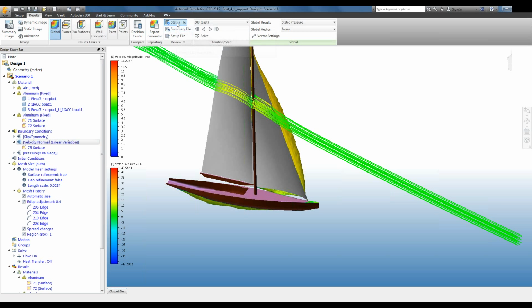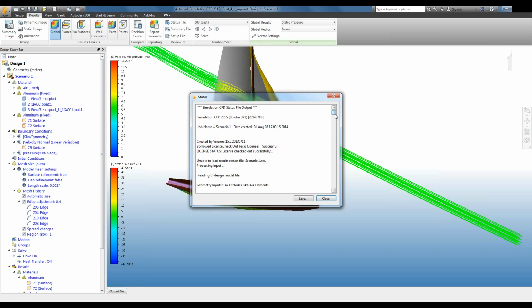Thinking about how best to show that. So the status file, right about here. Elements is what we usually look at: 2.2 million elements. If I needed to get to the accuracy, perhaps for America's Cup, I probably would have doubled that. It's just an in general doubling of what I did to get the kind of